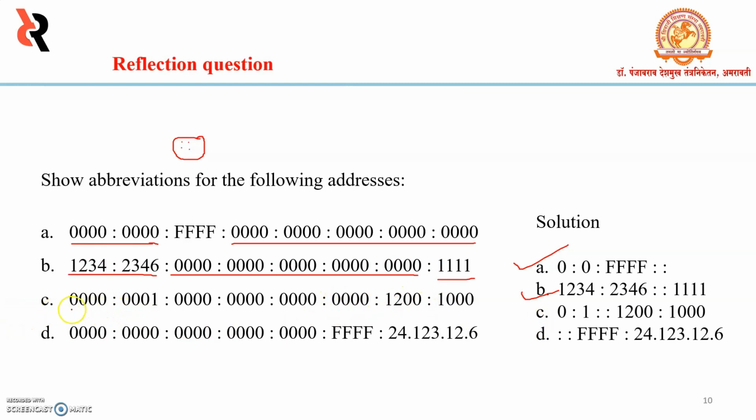थर्ड वन इज 0, 0, 0, तो एक सिंगल जीरो में चला जाएगा, फिर ये एज इट इज रहेगा। सॉरी, ये लीडिंग जीरो है तो इसको हम ओमिट कर देंगे और ये 1 एज इट इज रहेगा यहाँ पे, और ये बाकी के जो 0, 0, 0 है इसको हम कहेंगे यहाँ पे डबल कोलन लगा देंगे, और ये नंबर है एज इट इज और ये यहाँ पे भी एज इट इज, बिकॉज दीज आर द ट्रेलिंग जीरोस। लास्ट वन ये भी वैसा ही है, यहाँ पे पूरे लीडिंग जीरोस का हम ओमिट कर देंगे, लिटरली ओमिट कर देंगे और डबल कोलन यहाँ पे लगा देंगे, फिर इसको एज इट इज रखेंगे। मिक्स्ड रिप्रेजेंटेशन है।